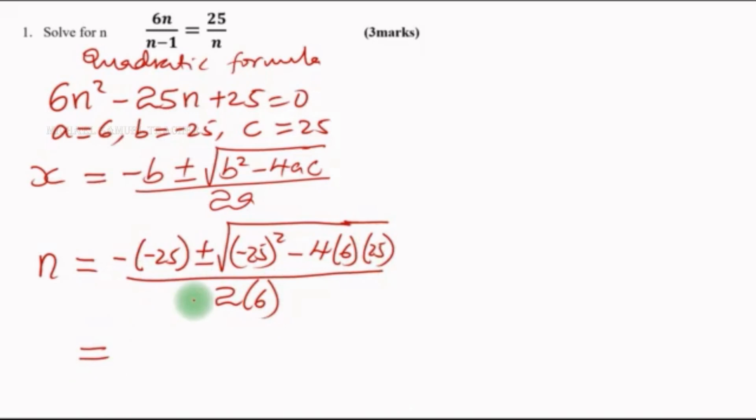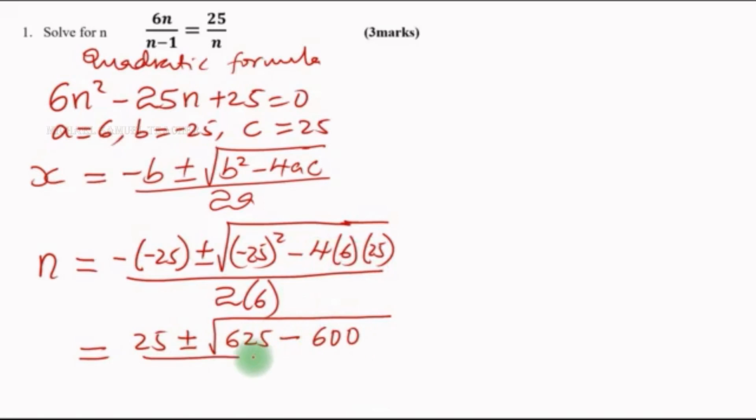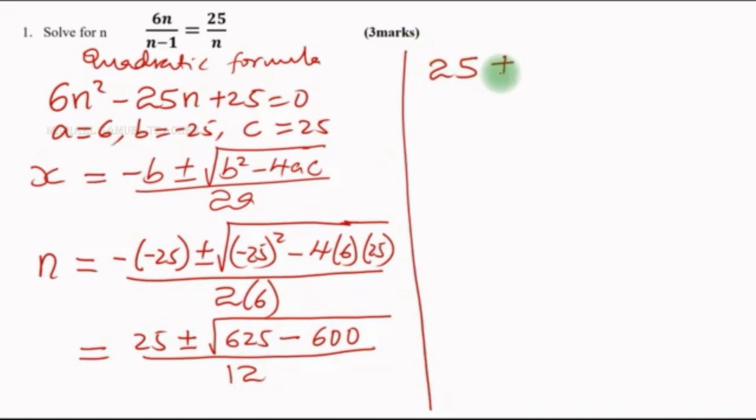Fine. We move on. So from here, negative times negative 25, that is 25, plus or minus the square root of minus 25 squared, we get 625. Then the other one, 4 times 6 times 25, that will be minus 600, all over 12. Then here we have 25 plus or minus the square root of 625 minus 600, that is 25, all over